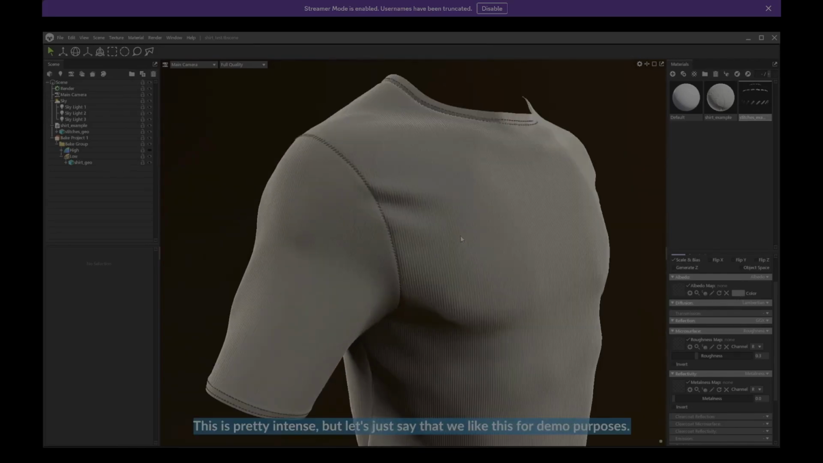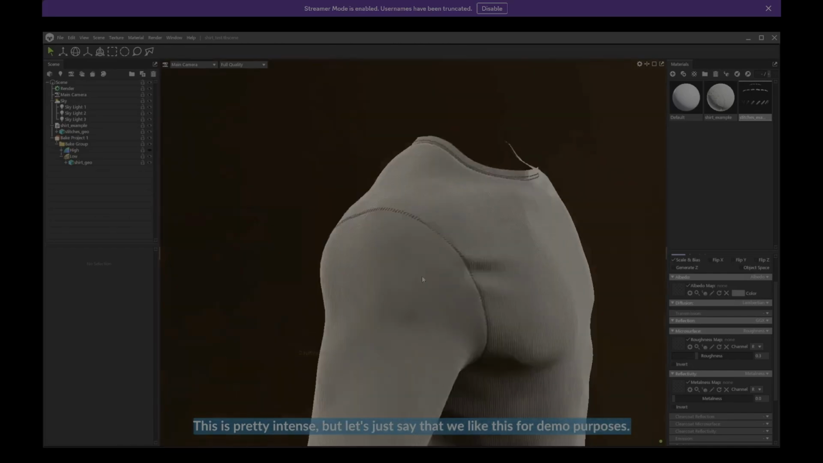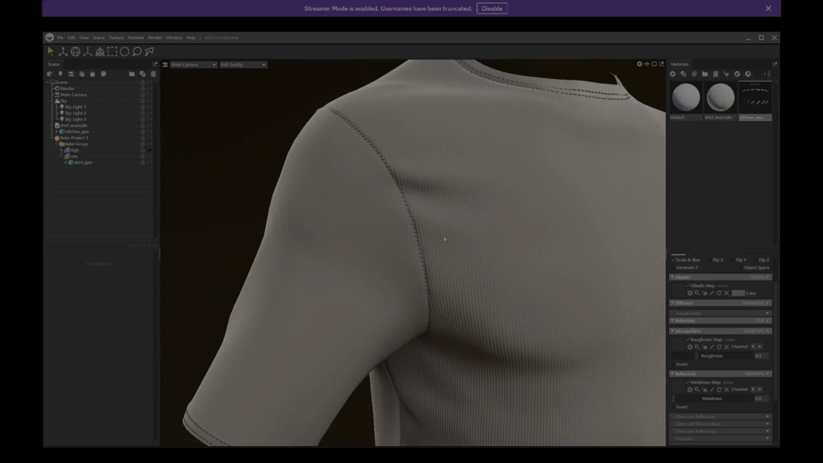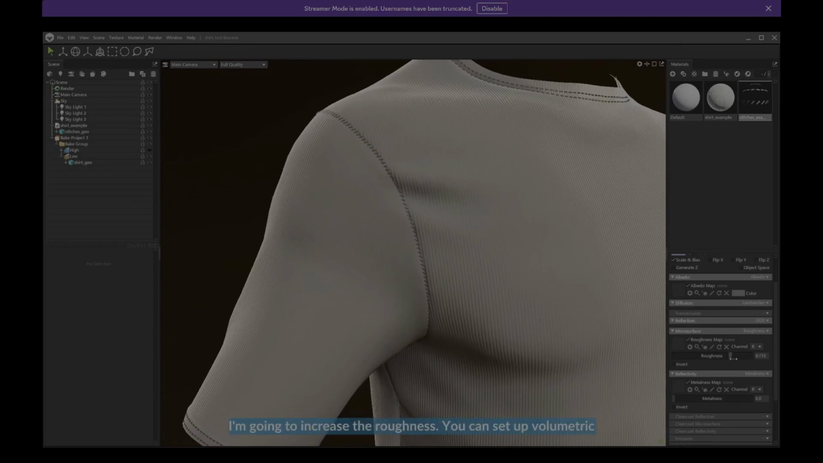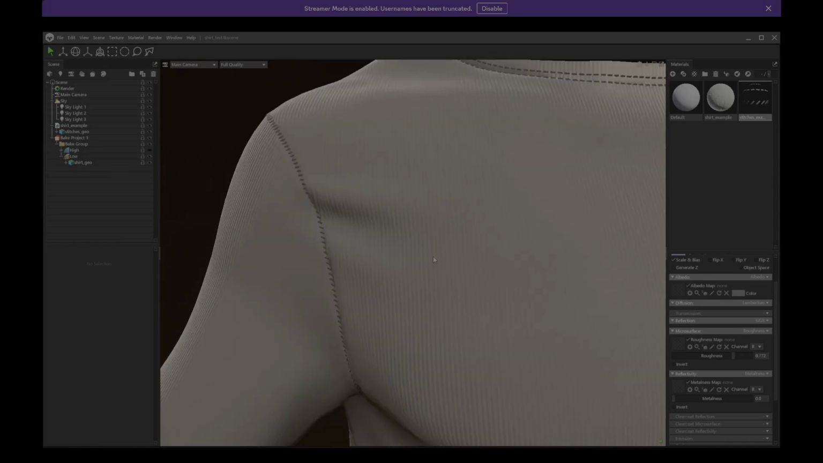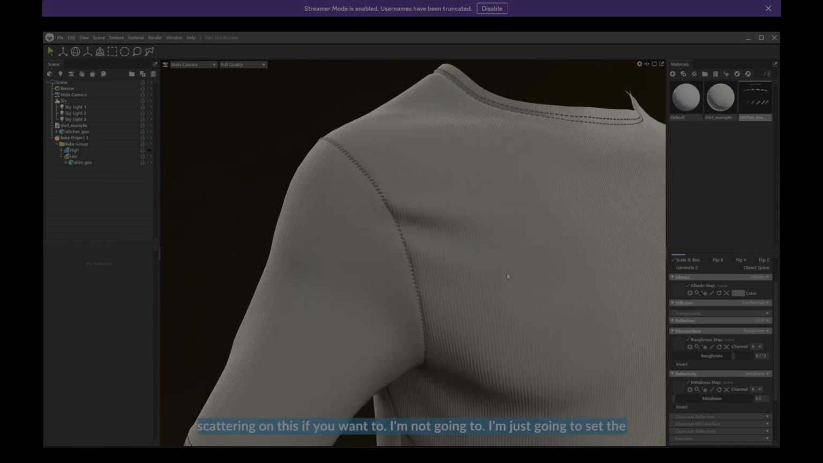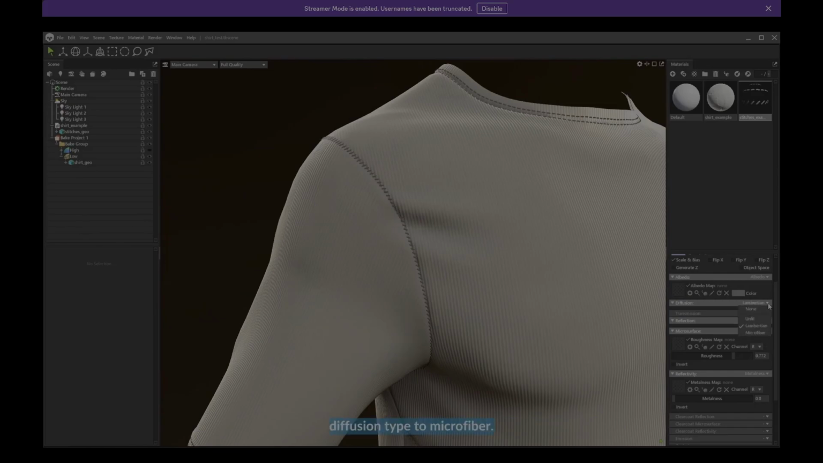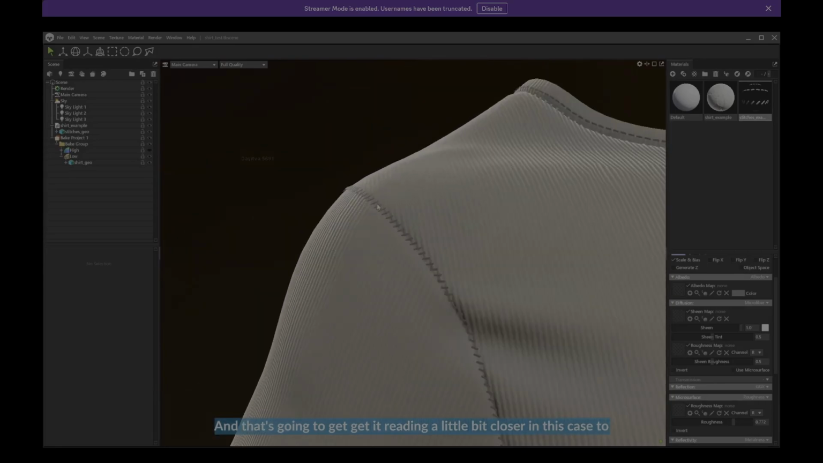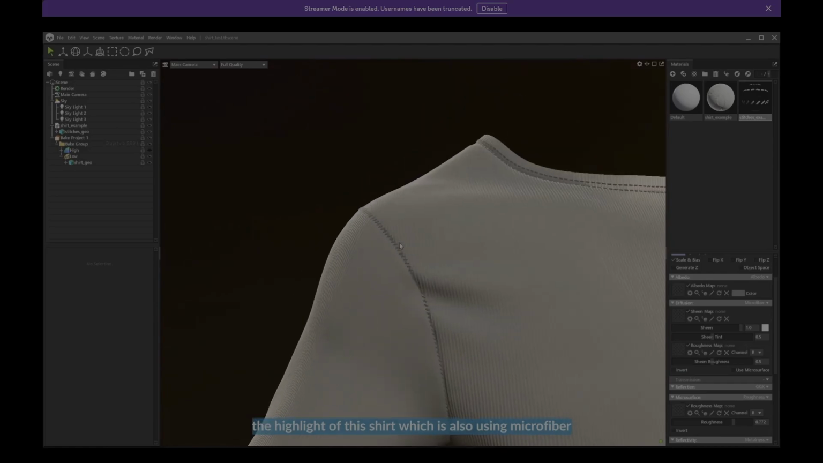So we can see them a little bit here. This is pretty intense, but let's just say that we like this for demo purposes. I'm going to increase the roughness. You can set up volumetric scattering on this if you want to. I'm not going to. I'm just going to set the diffusion type to microfiber. And that's going to get it reading a little bit closer, in this case, to the highlight of this shirt, which is also using microfiber,